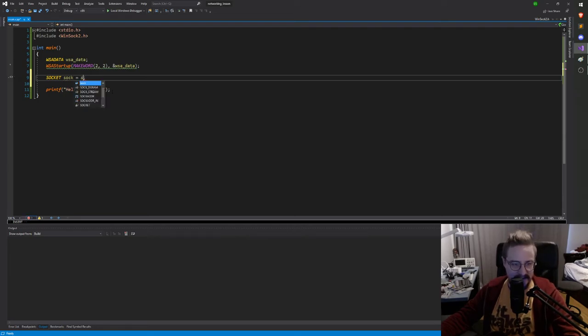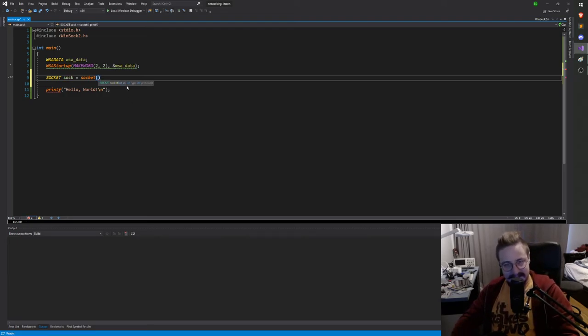So I am going to create a socket, and that's done with the socket function. Socket will create for us a nice new socket, and takes 3 parameters. The thing is that sockets are used for a lot of things. It's not just one thing. We have to specify which type of socket we want to create. And we want to create a socket that communicates through TCP over the internet. Now we're not going to talk too much about what TCP means right now. We're going to get into that a bit later.